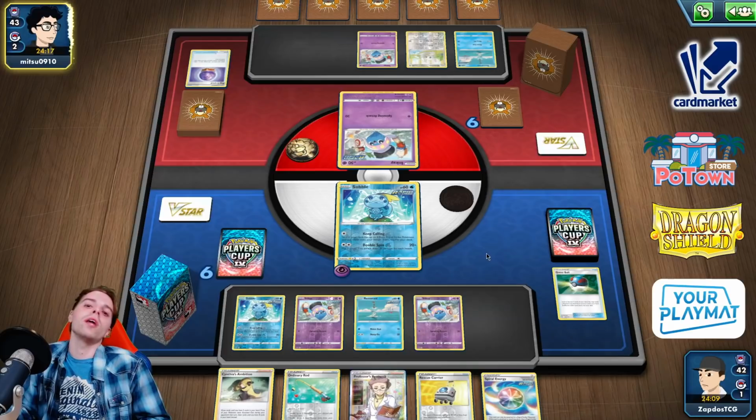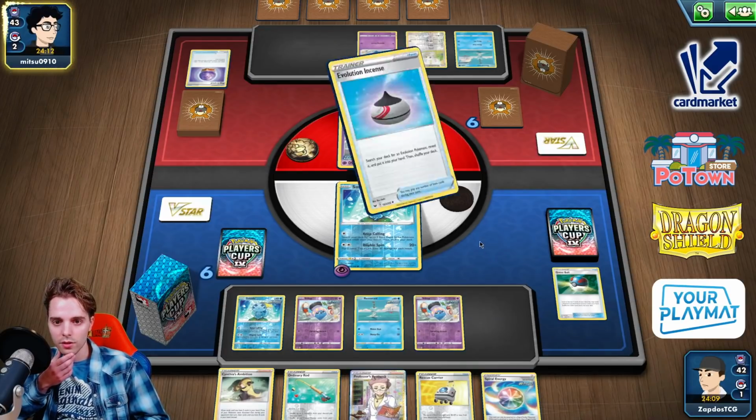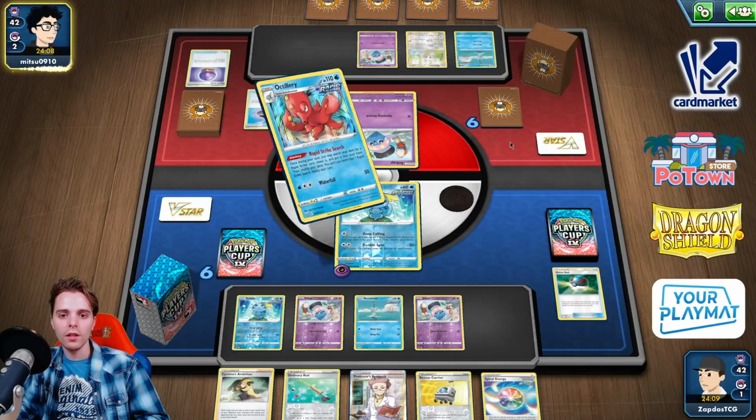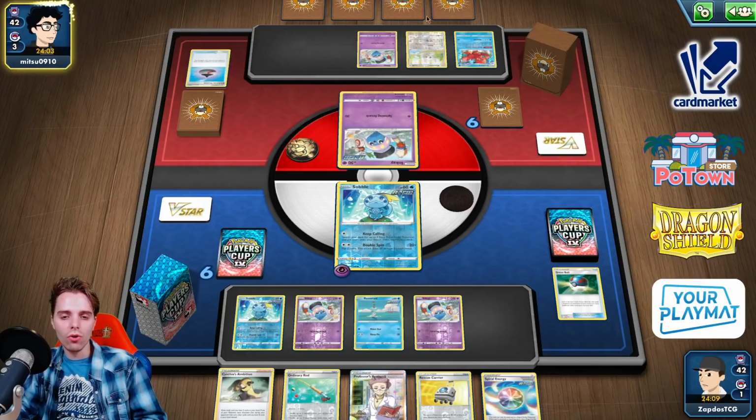And now, do they have everything? Do they have the Melee? Do they have the energy? Do they have the Octillery? We didn't knock anything out, so Evolution Essence, Octillery. Octillery, they would need 2 Rapid Strike cards in hand. And even if they use Karina, they also would...